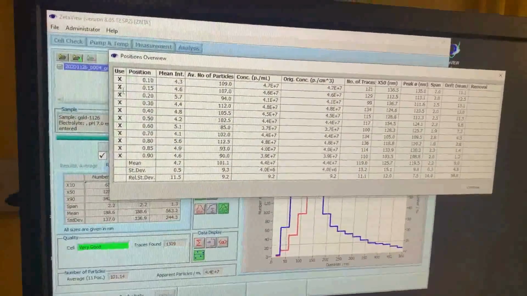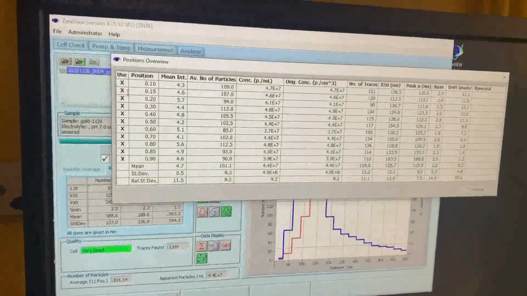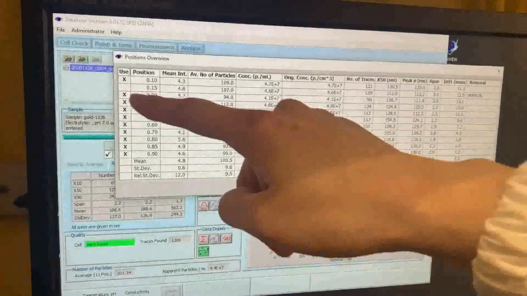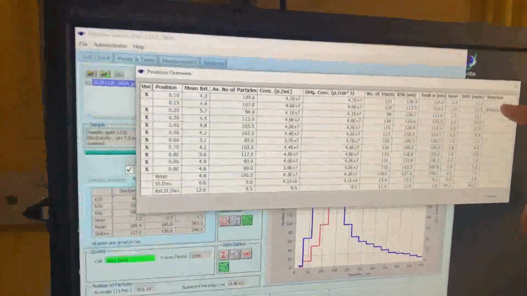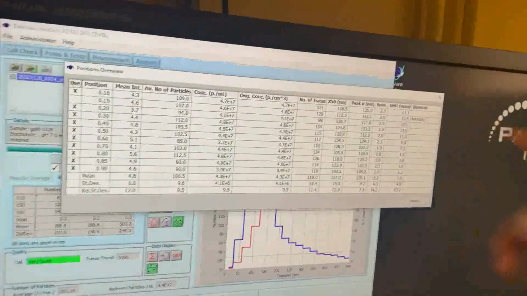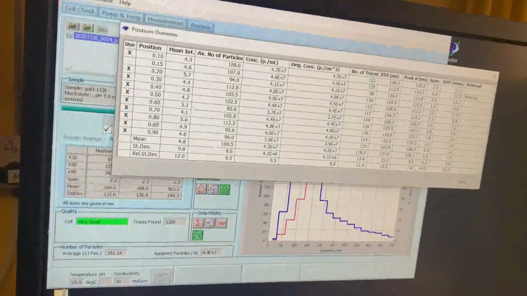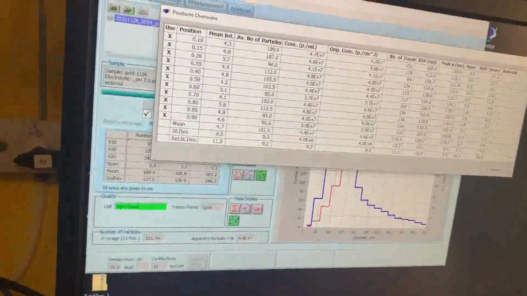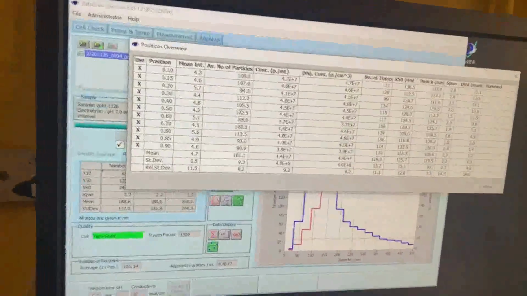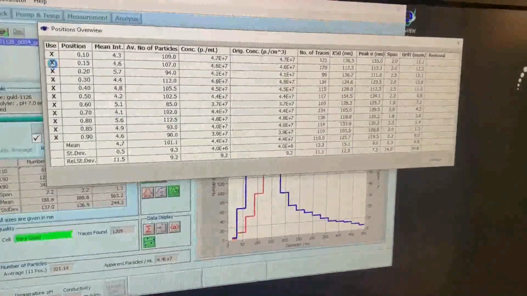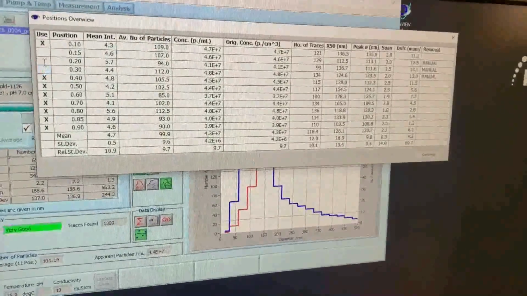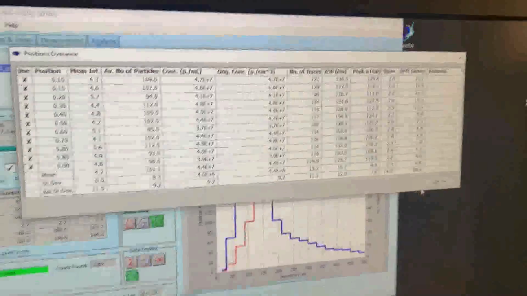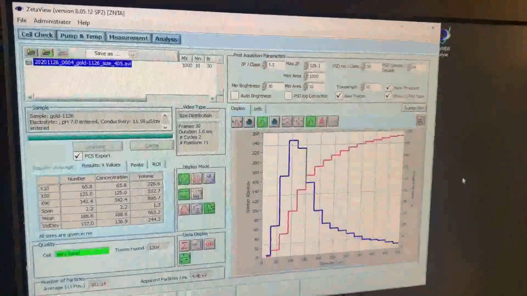So if there is some drift or some bubbles in your cell, then the cross is removed, and the reason removed will be listed here. So this is the software recommended data you can collect. You can also manually remove some data you don't need. So here we just accept all the data,